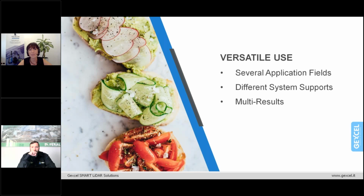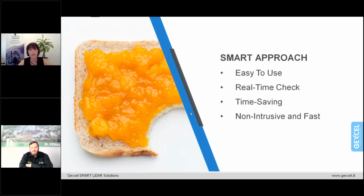because just like bread that matches with everything, HERON is a versatile system in terms of fields of application. We can use it everywhere. System support, we have seen that we can use it by walking, on car, crane, bike, motorbike, telescopic pole, on boat as well. And also it matches with everything for the typology of result. So we can get volumes, cross-section, plans, elevation,